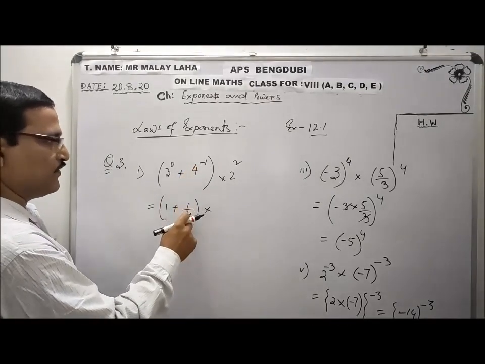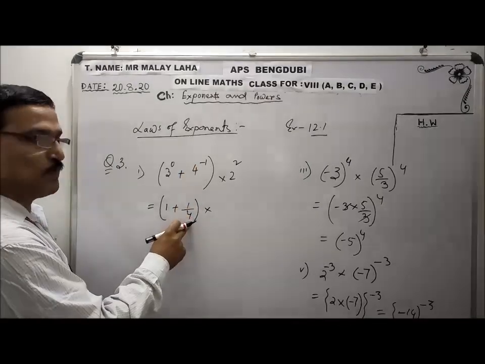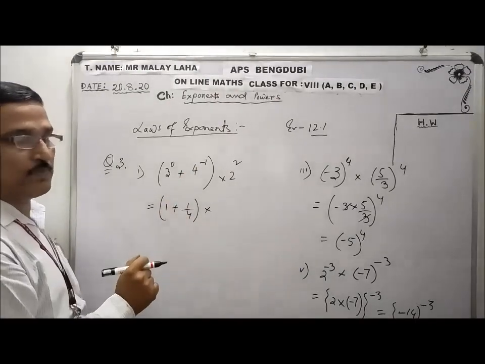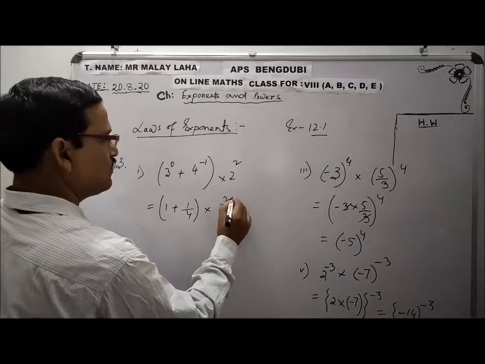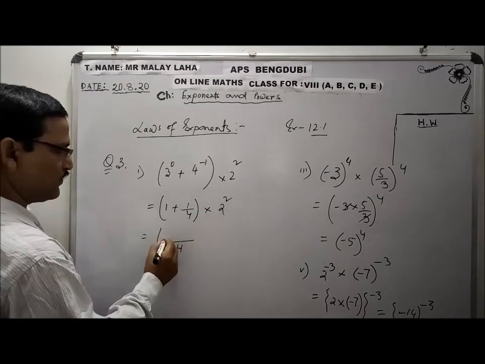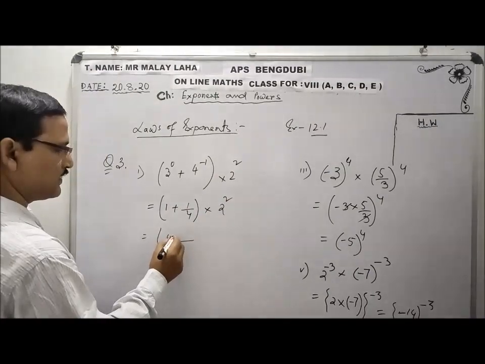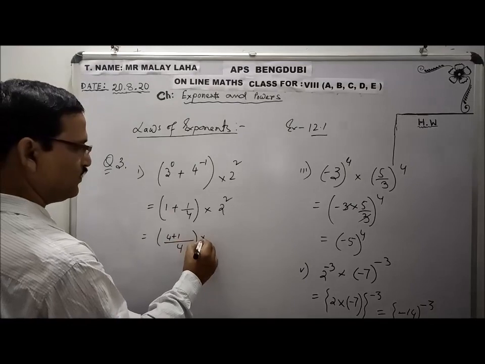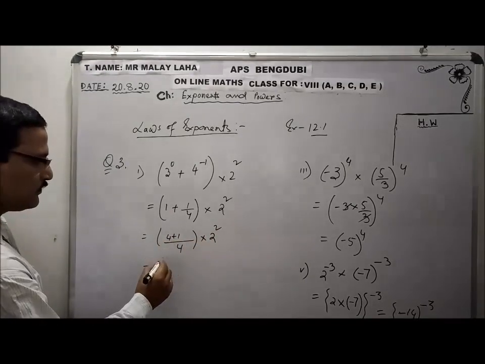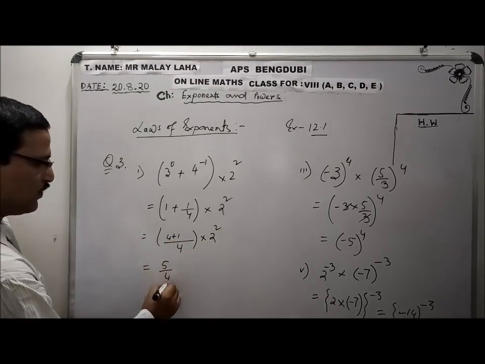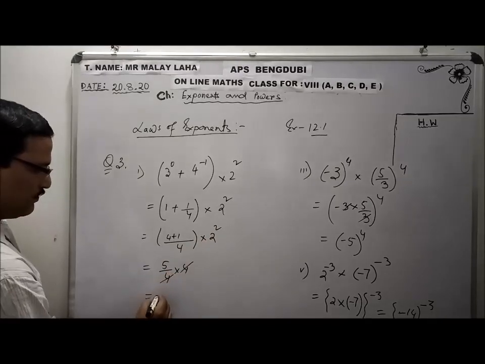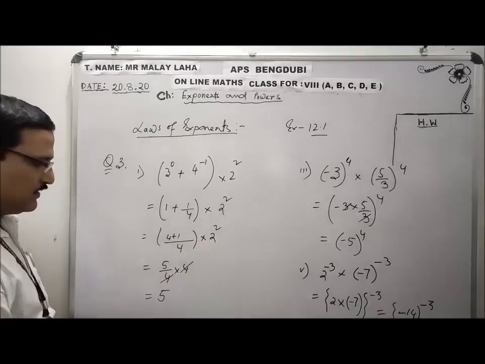Then it will be 1 by 4 raised to positive 1. No need to write 1. If it is more than 1, you must write the power. Okay. Now 2 raised to 2. Now what to do here? We have to perform LCM. So it will be 1 by 4 plus 1 into 2 raised to 2. So it will be what? 5 by 4 into 2 to the 4. 4 4 cut. It will be 5 only. Answer.